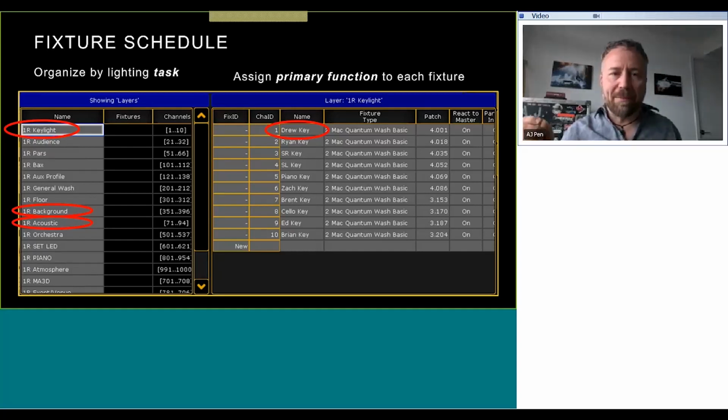You can program stuff that you only use once in a while, like the acoustic layer that you see there. That's a group of lights where I can pull off an acoustic show where the guys aren't moving around and they're not playing to track or anything like that, but I just light them from front and back. I already have that sitting in my show file ready to go.